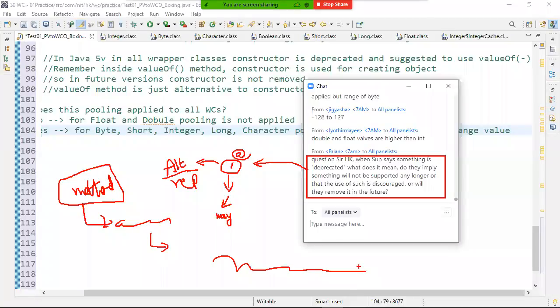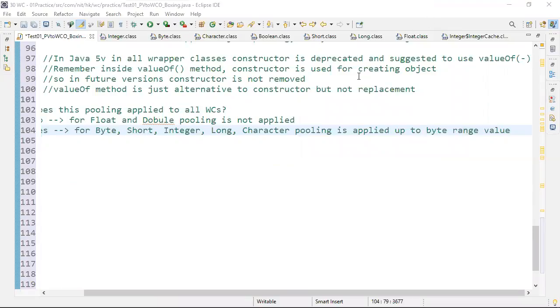So when you upgrade your project to the next versions, all the deprecated APIs you are using must be replaced with the new API. So we cannot guarantee whether it is removed or not. Maybe removed, it's not encouraged to use it. That's it.